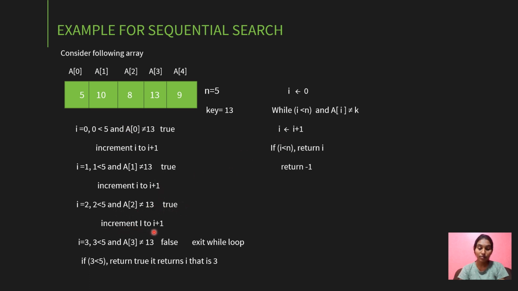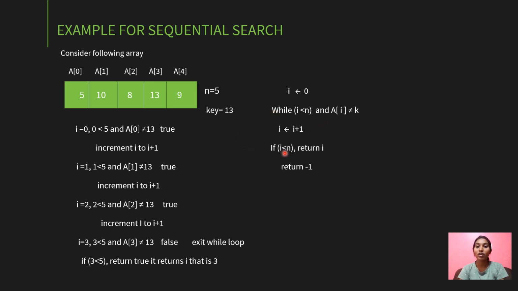Again, I gets incremented, so I becomes 3. So 3 is lesser than 5 and A of 3 is not equal to 13. A of 3 value is 13. So 13 is not equal to 13? No, this statement is false because 13 is equal to 13. This statement becomes false. So if the statement becomes false, it exits from the while loop and it comes to